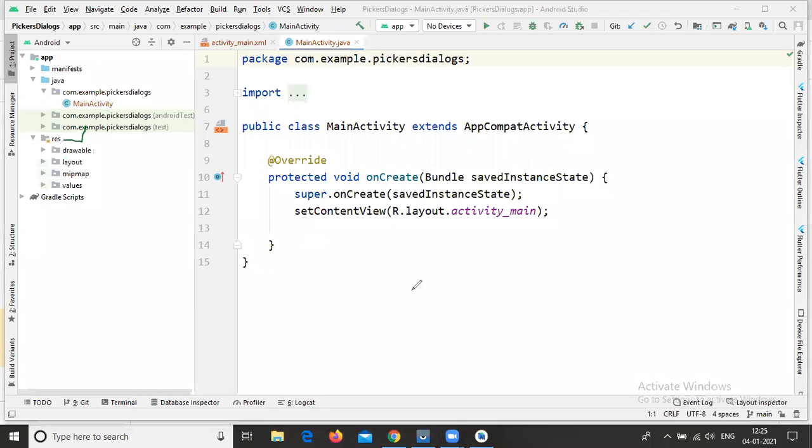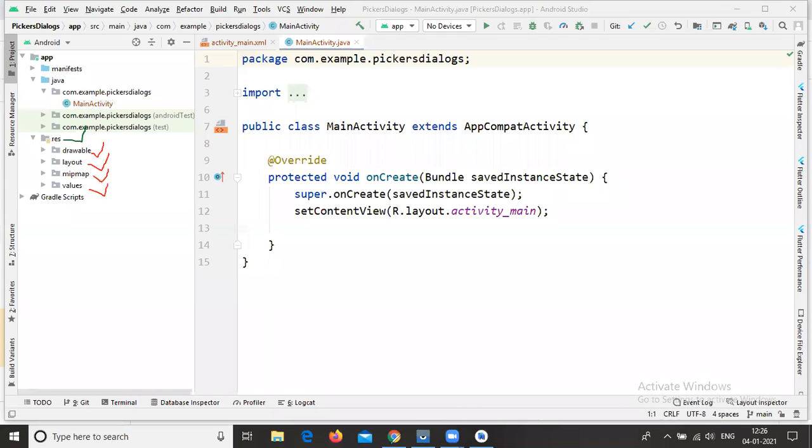We only have drawable, layout, map and values. There is no particular directory with the name menu.